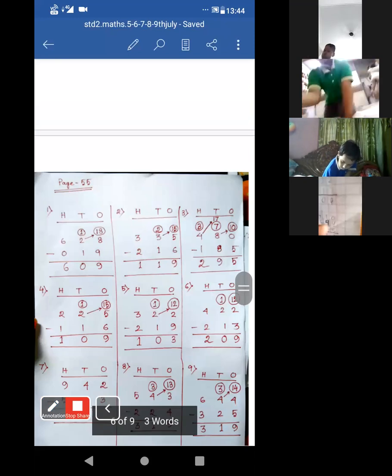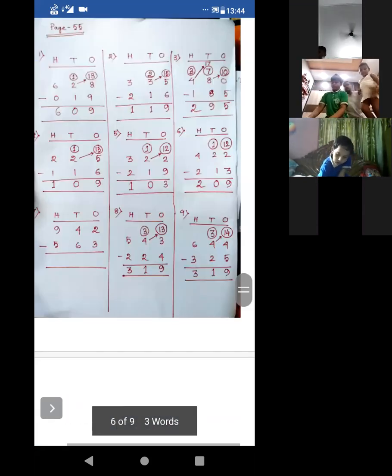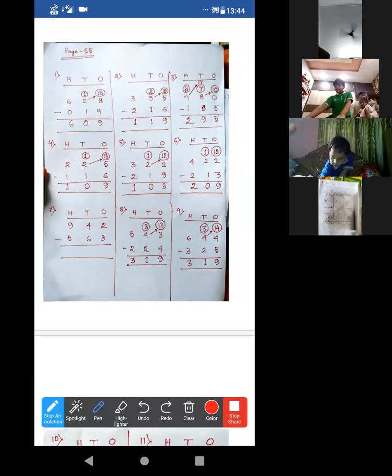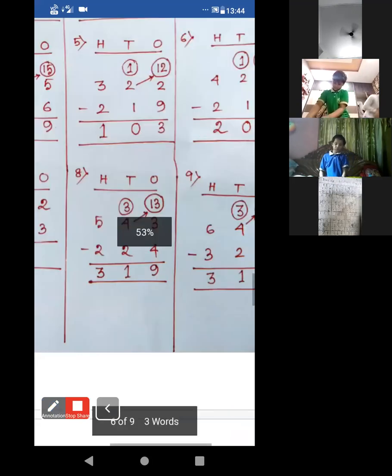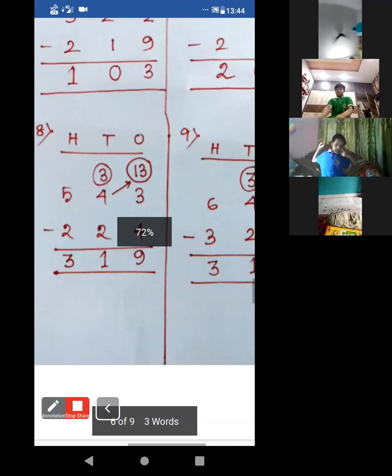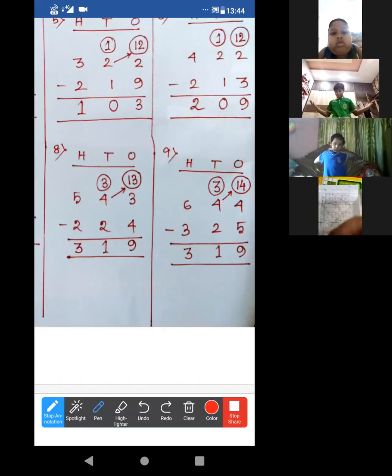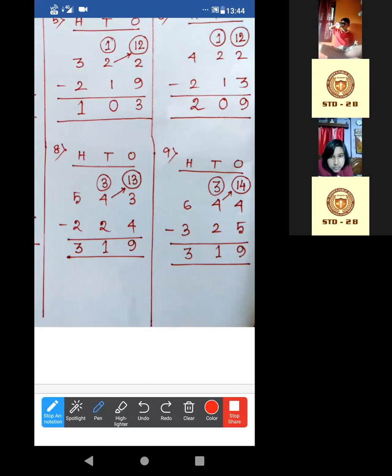Now number 8 and 9. Let me explain number 8 and 9. It is given 543. Let me zoom in, then I am explaining. Look at this. It is given 543. Okay. Orkopriya, if you have done all the questions, then no issue. Look at this again. Yes, Pandan, I have seen your copy.